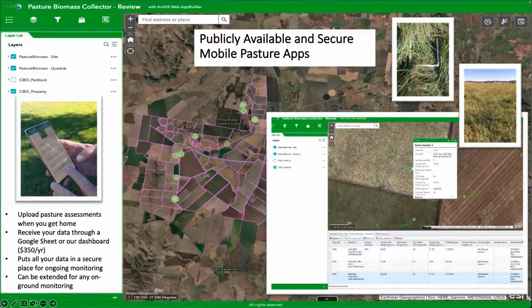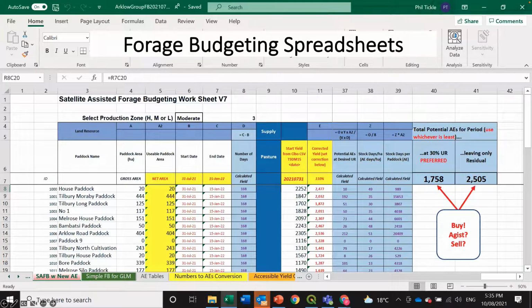The other tool that I think for a lot of livestock advisors would be quite useful is our forage budgeting spreadsheets. And again, the opportunity for you to have these and not have to create your own is a very big time saver, but it also allows you to start to load into that pasture assessments that have come out of the National Feedbase, and you can start to put into those fodder budgets paddock sizes, utilisation, grazing days, and livestock equivalents,